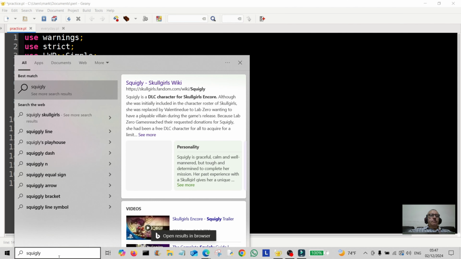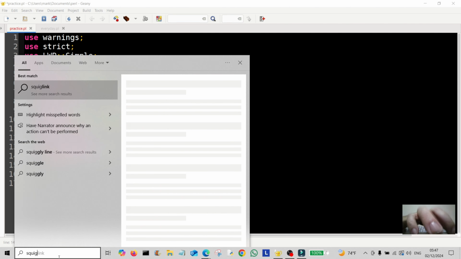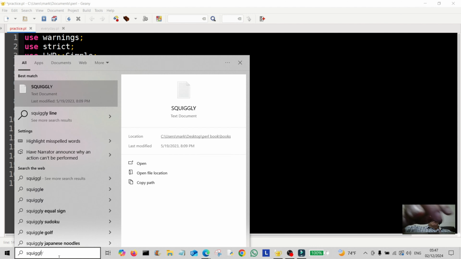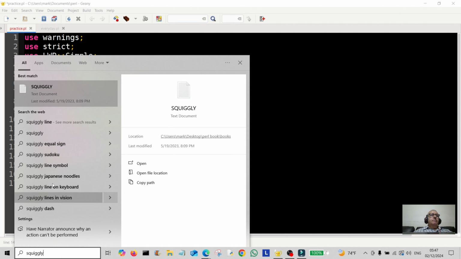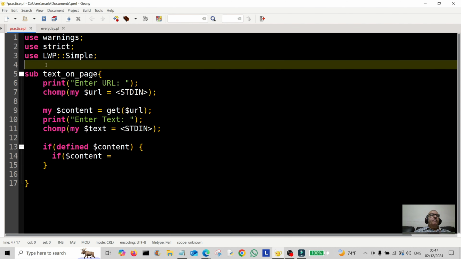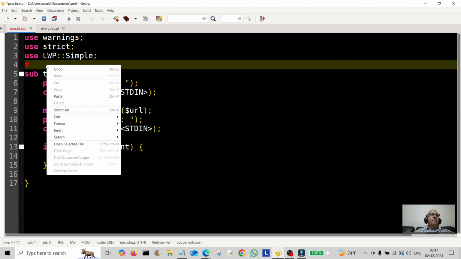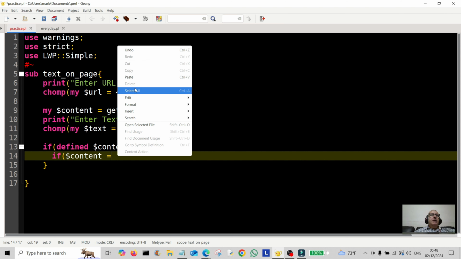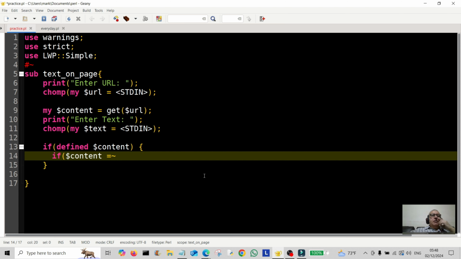I've got a little bit of a problem with my keyboard here. I don't have this character for some reason. It just doesn't seem to work. So what I should have done is put that up there and saved it up there. So we'll save it up there. So if the scalar content here matches, this is a bit of regex for you, the text that we've entered,